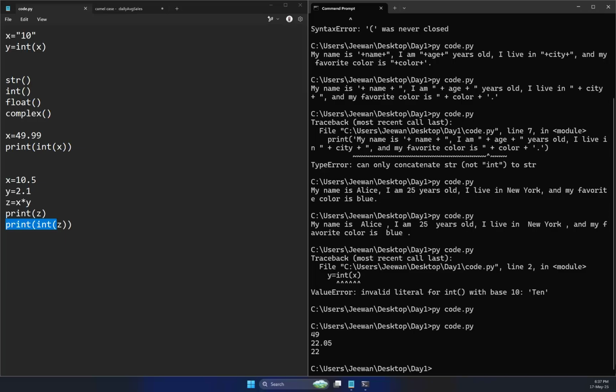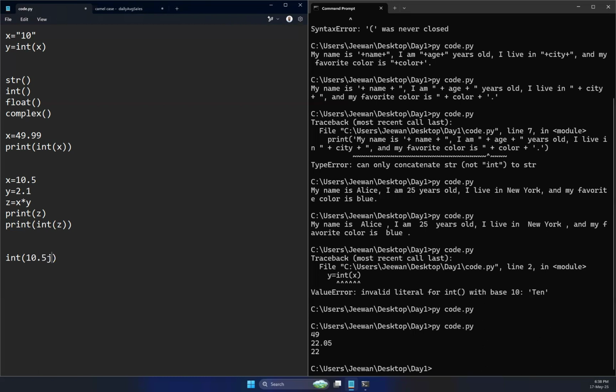Right. Now we discuss changing the data type. That means converting a data type into a different type. Now if you use the int method here, remember, if you pass an integer value here, that would construct the integer number from an integer literal. If you pass 10.5, which is a floating value, then it will remove the decimal values and construct the integer value. And if you pass 10.5j, a complex number, then